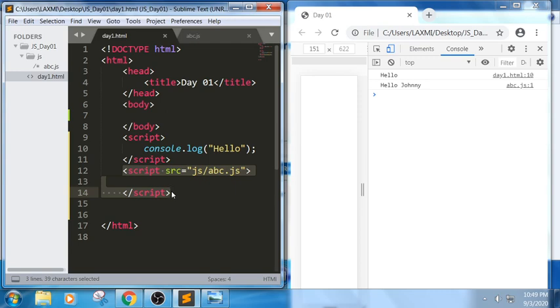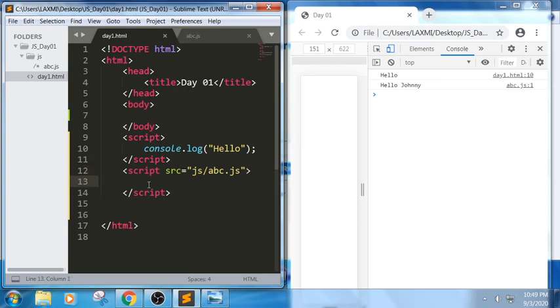In HTML5, in earlier versions we used to write the script type also. This is one attribute, src. Similarly, we also have an attribute called type equals text/javascript. But no one is using it now; it is deprecated in the sense that it is removed, because by default we will get it. No need to specify it separately.